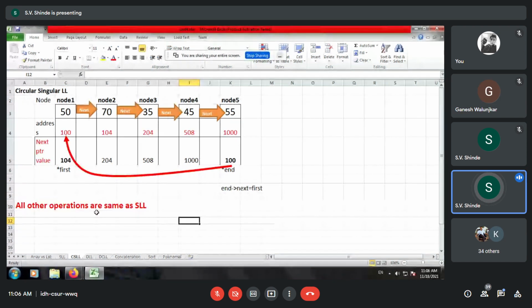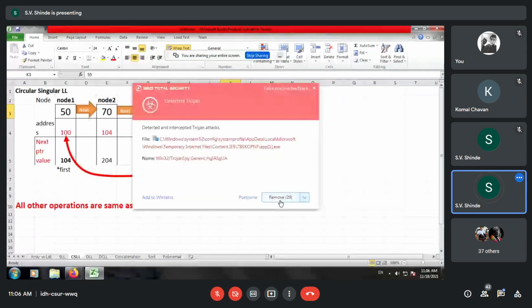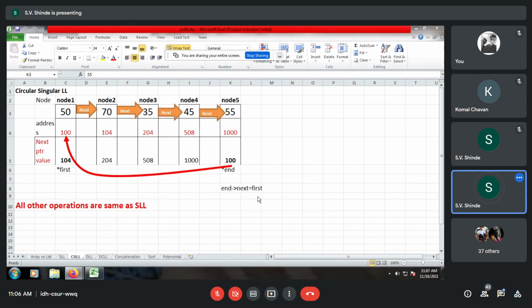So you can observe over here that the null pointer is updated with the address of the head node or the first node, we can say. So when this happens, the linked list is now terminated when it points to the head node.